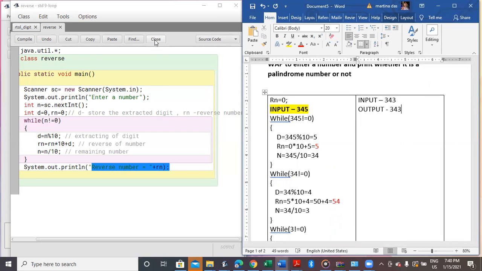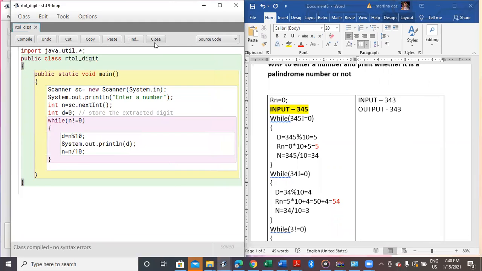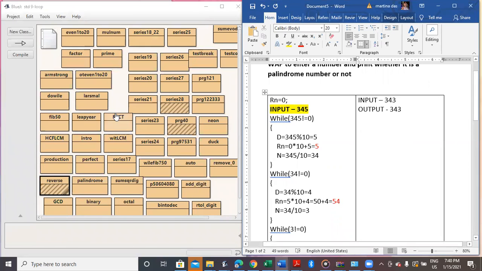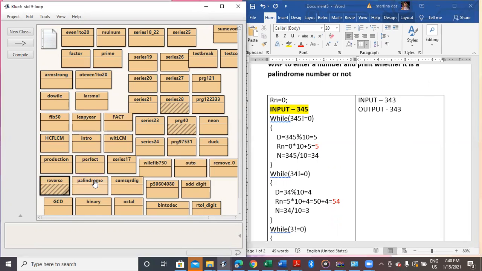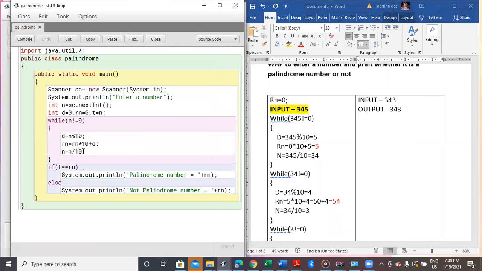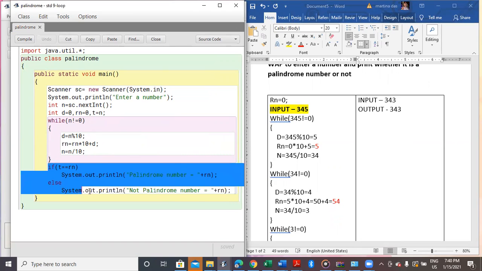The only difference is that at the end, you need to check whether the original number and the reverse number are the same or not. Only at the end I am checking whether my original number is equivalent to the reverse number.